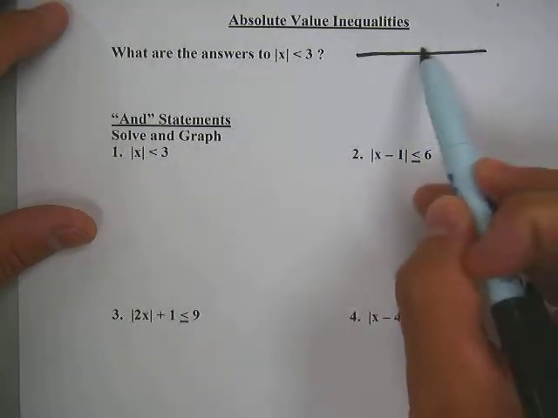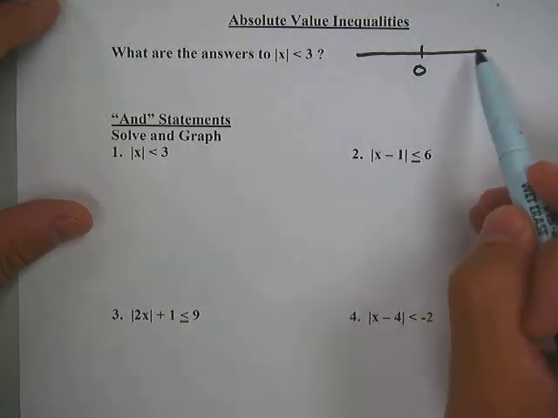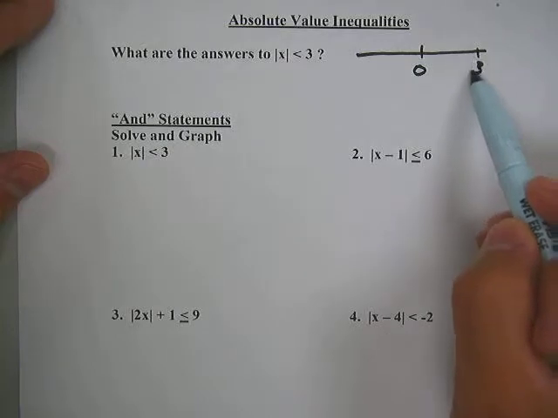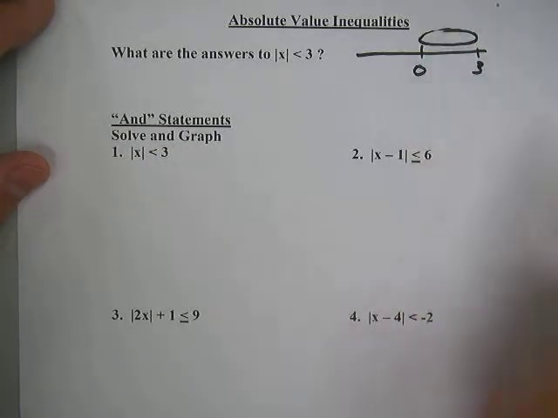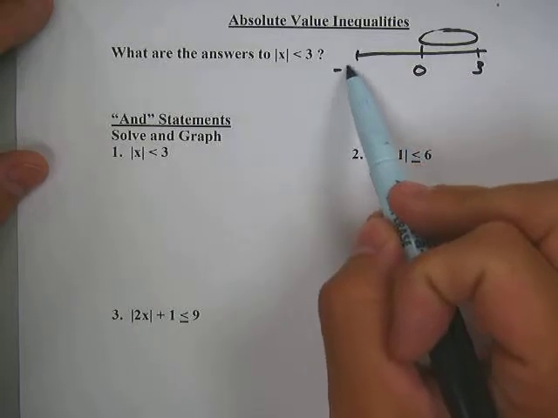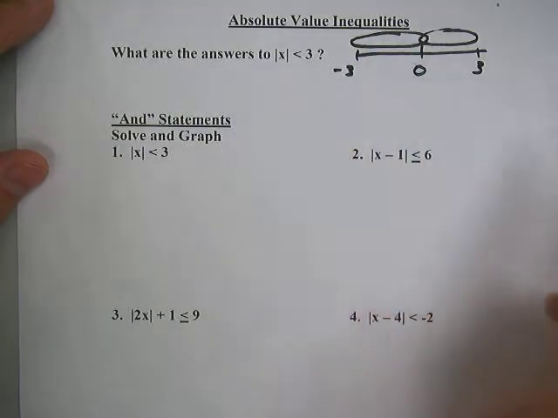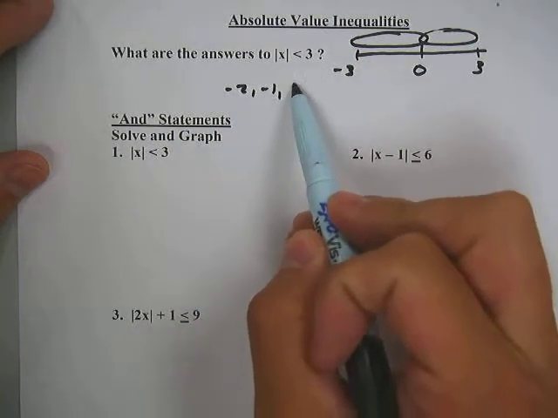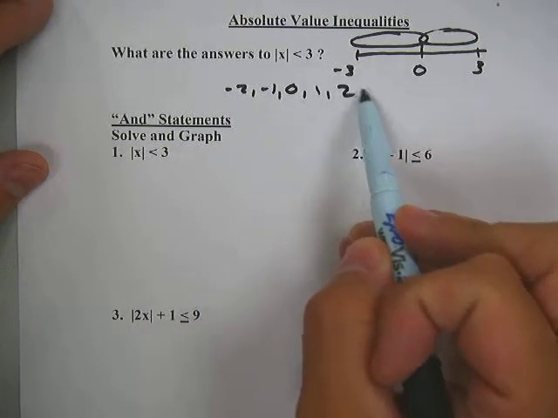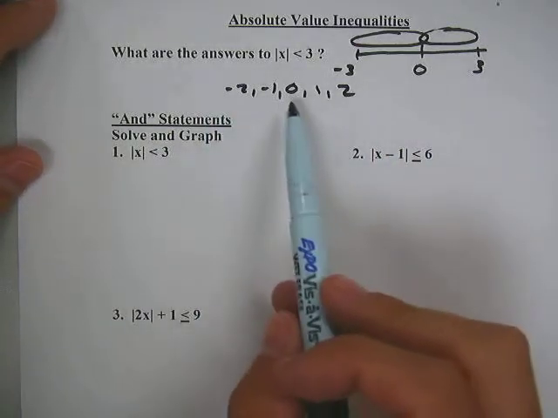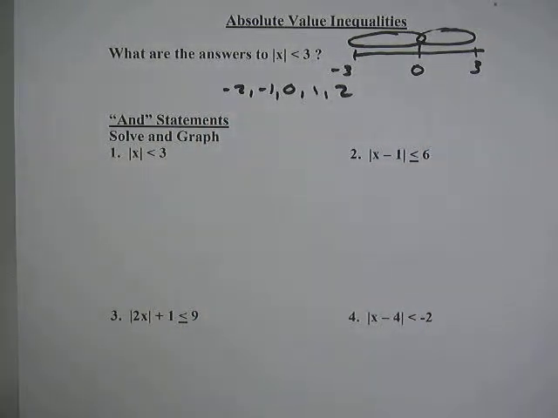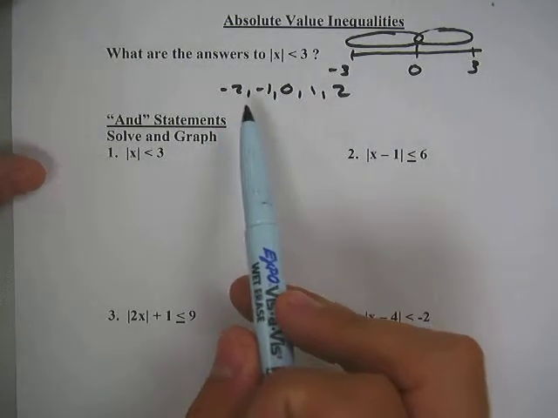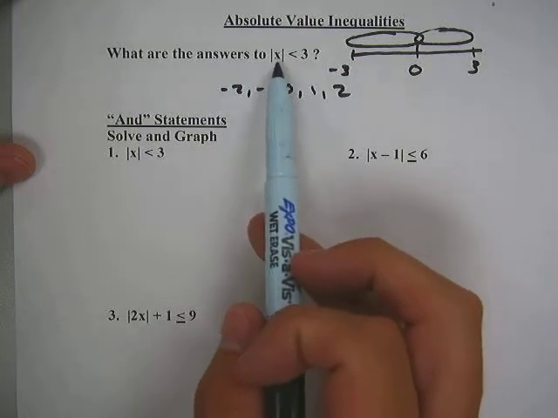So if you think about the number line, here's 0. And then what are all the numbers that have a distance back to 0 that are less than 3? So that would be all these numbers in here. And then also remember that would include these numbers over here as well. So if you just talk about integers, you'd have numbers like -2, -1, 0, 1, 2. Okay, so it would be all those numbers there in terms of integers. I know there's fractions and decimals that would also be a part of that. But that's what we're talking about when we're talking about the answers to the absolute value of x